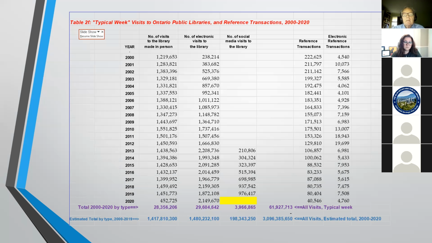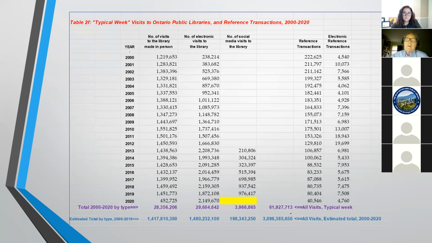Now this table is the data behind the chart you just saw, and that yellow mark in the middle is to indicate it isn't there. So this is typical week data. What is typical week data? It is